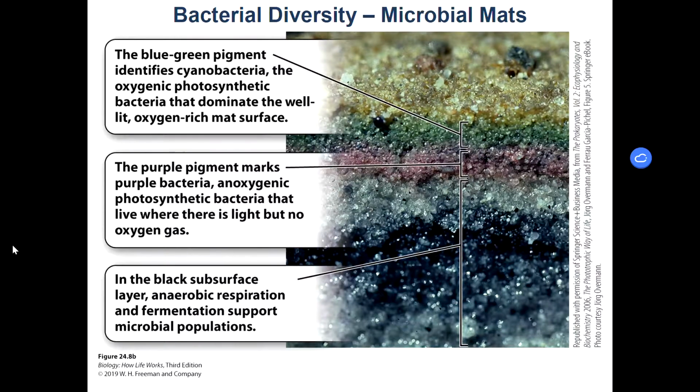The next group, this purple color, are bacteria where they do not need oxygen, but they can still photosynthesize. So light is still entering into this area, but there's low oxygen, so they get their energy from the sun, carbon from inorganic sources. And then we have the big part on the bottom, this black navy blue color, and this is anaerobic respiration and fermentation. And so these are organisms that have low oxygen and no sunlight, so they have to get energy and carbon in other ways. And they live usually in the ground.